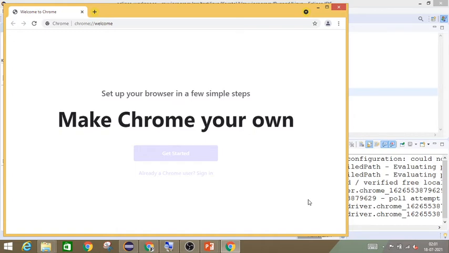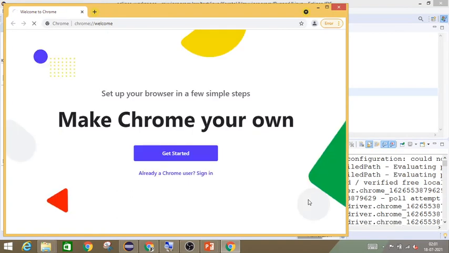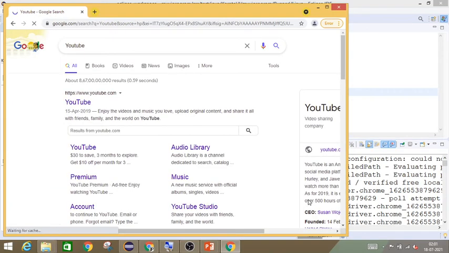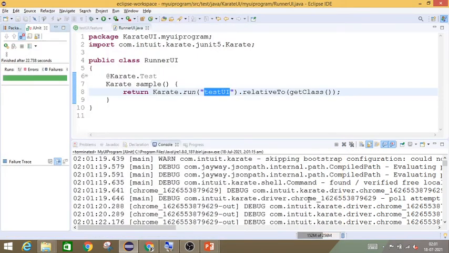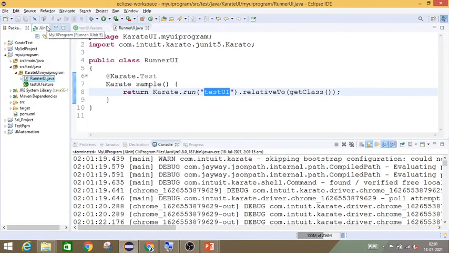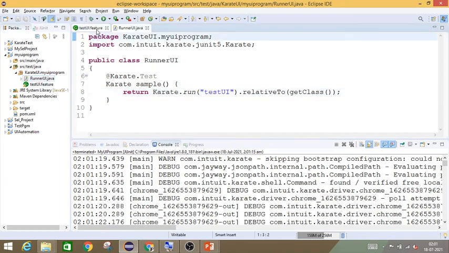Now it is able to find the path for Chrome, and hence it opened it and did whatever we expected it to do. It opened YouTube and then closed. That's all. You can see that you have got green color and no error has come, and it has executed. This is how you resolve the error.